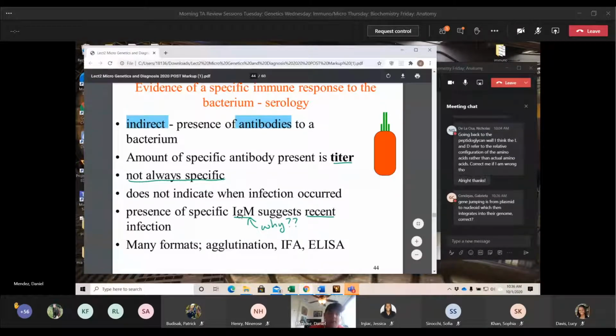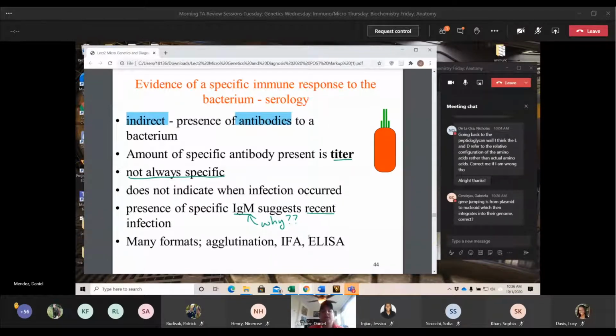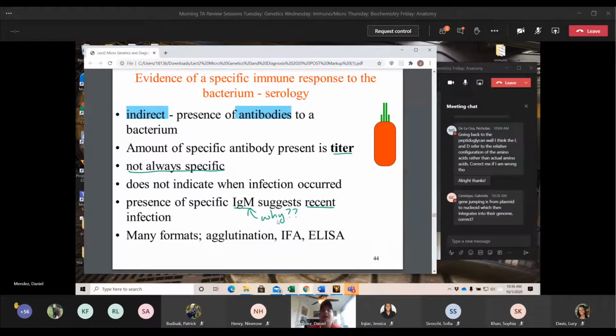Here is a pretty important question. If you have high amounts of IgM in your titer, in your serum sample, why does that suggest a recent infection? So that's something you guys should think about. I'm not going to go over it because it's something we've talked about a lot, but you should be able to answer this question of, if we have a recent infection, why are we seeing an increase in IgM? So go through that. If you're aware of that and you have that idea, good. If not, go back through your notes